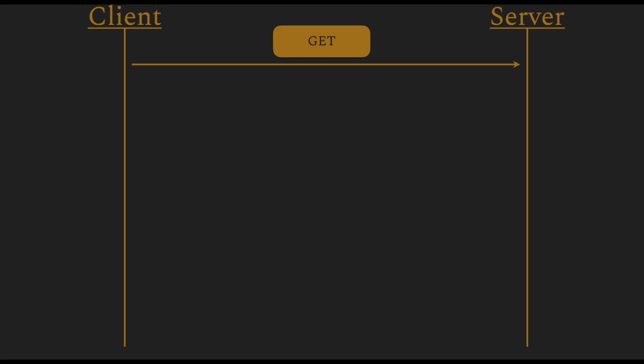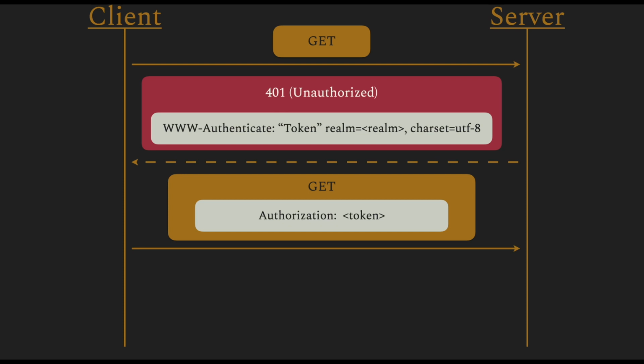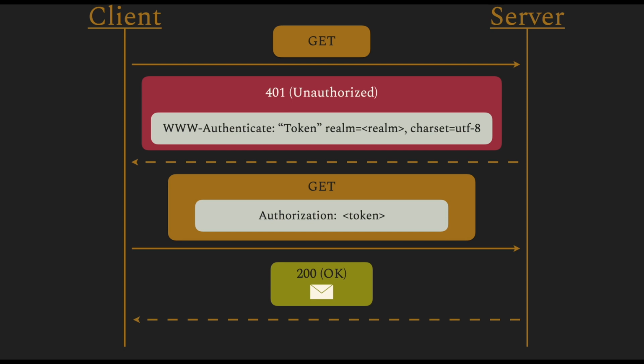The basic flow for auth using a token is as follows. The client makes a request, and the server responds with a 401 Unauthorized and the WWW-Authenticate header. Here I've used the scheme Token in quotes because the scheme called token is not a specific scheme. There are different types, so I've put it in a common format. Then the client responds with the Authorization header and the token, and then the server responds with a 200, and the data is retrieved.